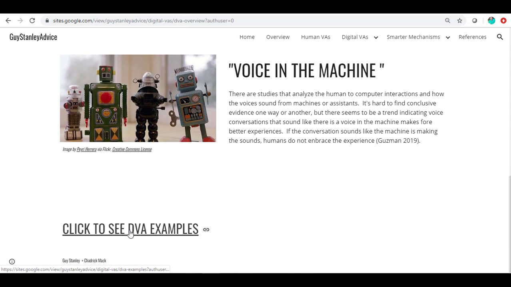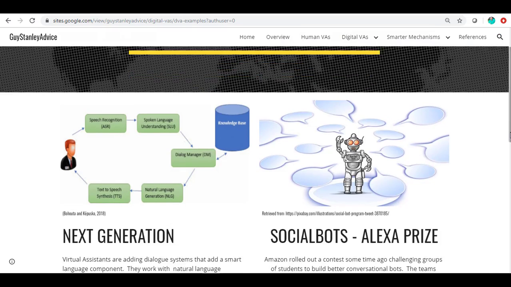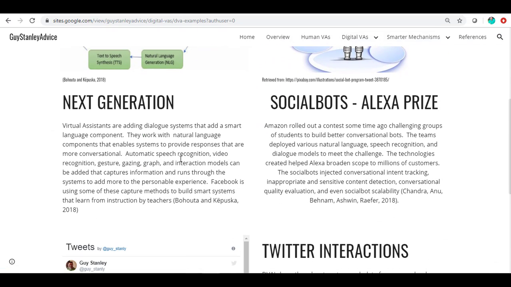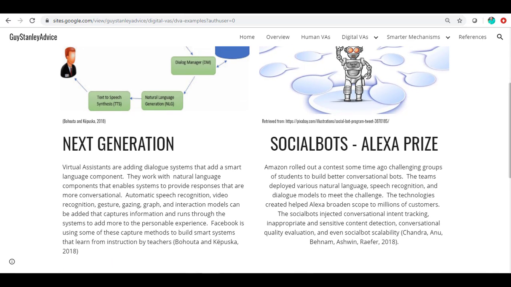Down at the bottom, I have that navigation, so I'm going to click on this one this time, and then we move it to the examples, and it just talks about a couple examples of using different automatic speech recognition and video models and capturing models, and how we're moving the virtual assistants to be more like social bots. There's a social bot prize